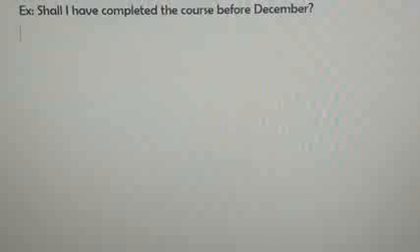Now, let's see its passive structure. Obviously the auxiliary verb will come first, shall or will. Then I will place an object over there.